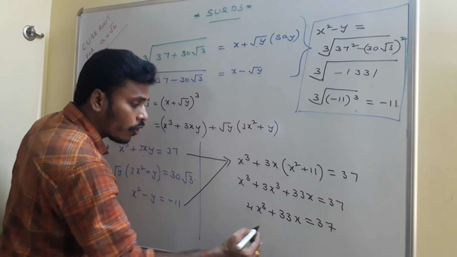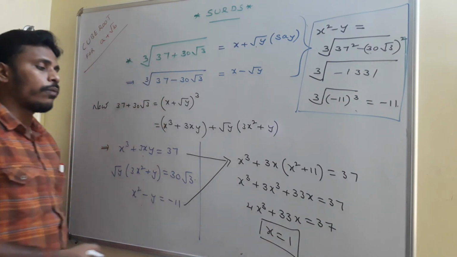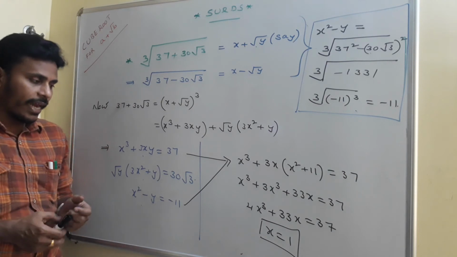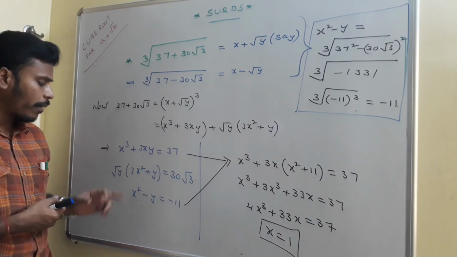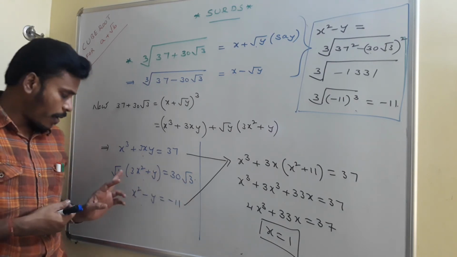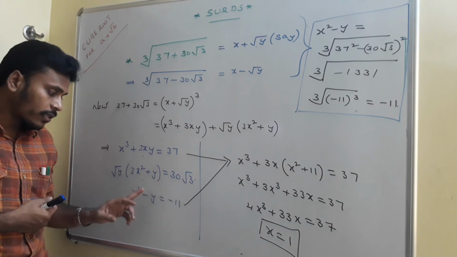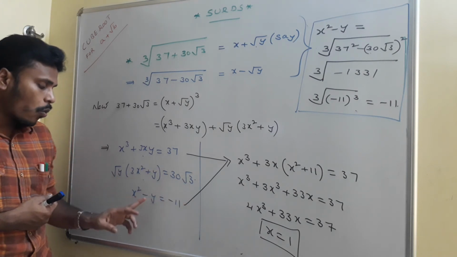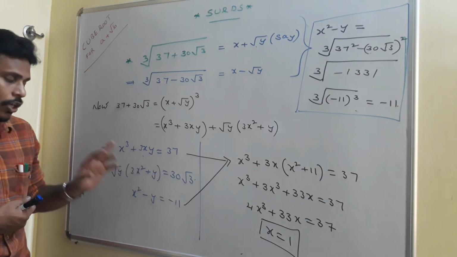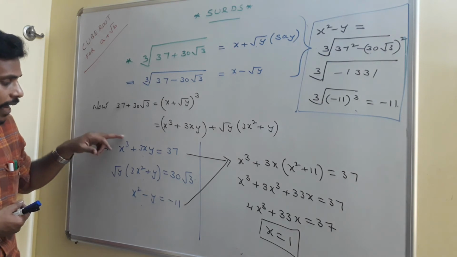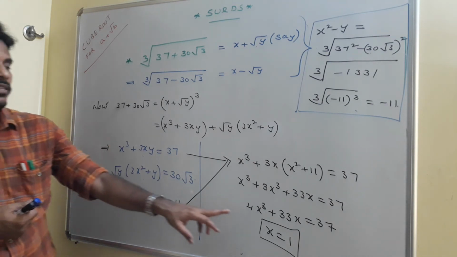Now if you observe, clearly x is equal to 1 is satisfying this cubic equation. To find x and y, you need to go with a guess. Previously I guessed y as 3 by comparing these two. But here, if you guess y as 3, it won't give you x, and those x and y are not satisfying the given relations. So now I am combining the first one and the third one to make a cubic equation in terms of x, and at the end I have x is equal to 1.